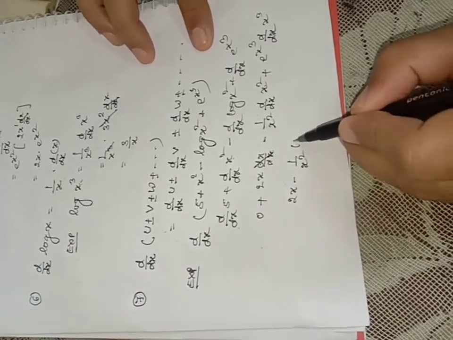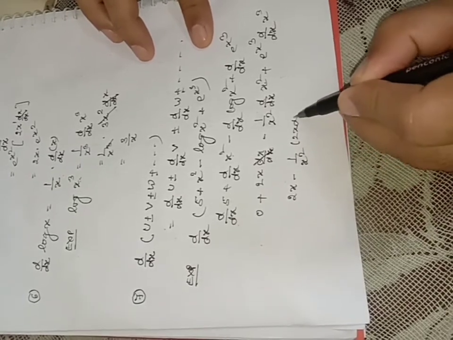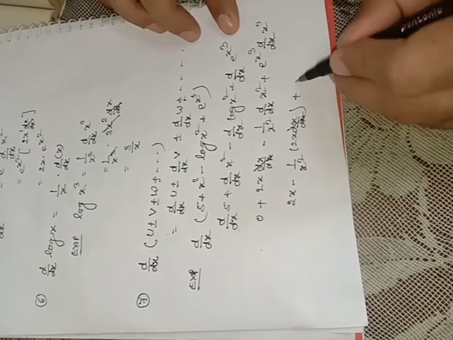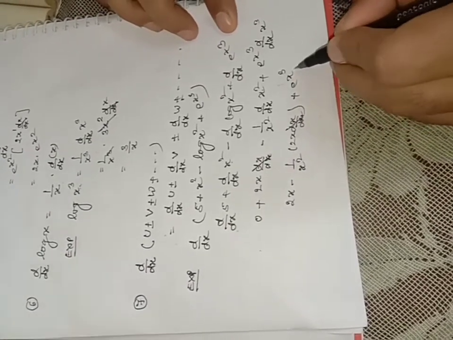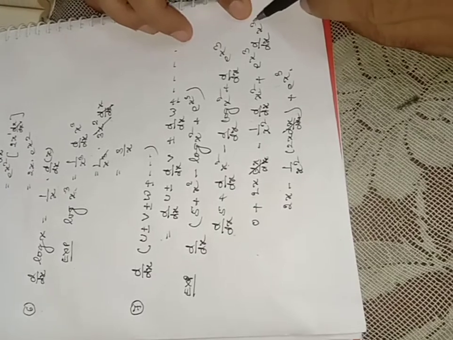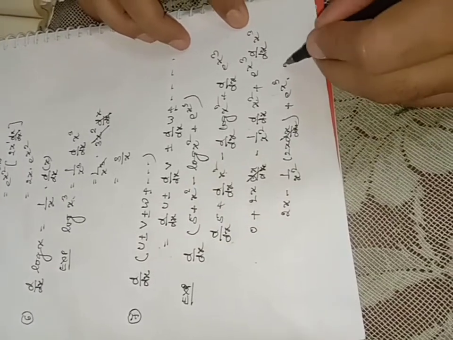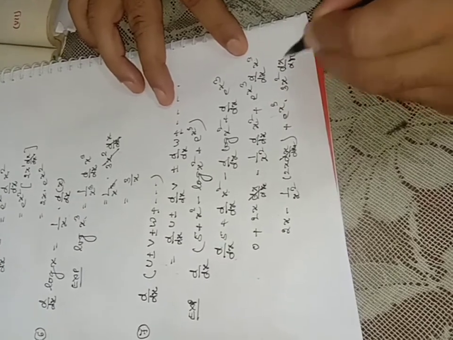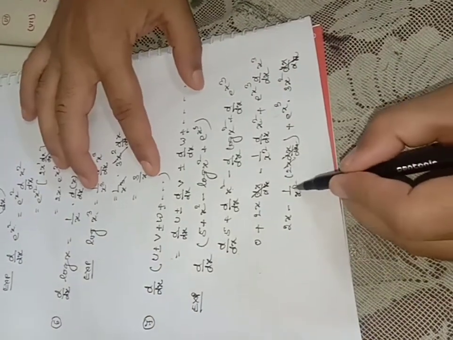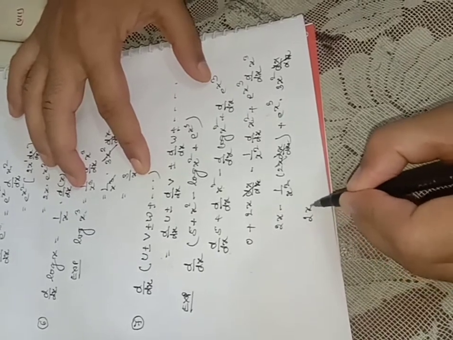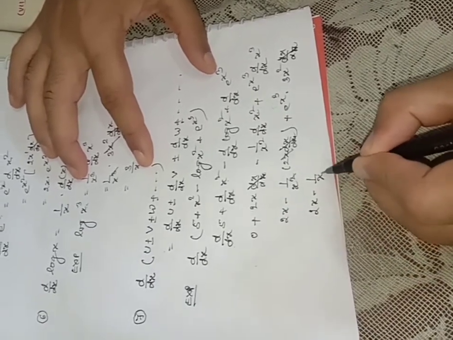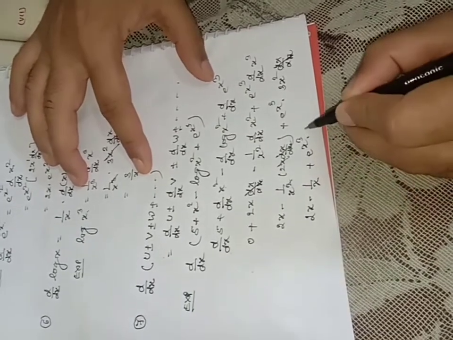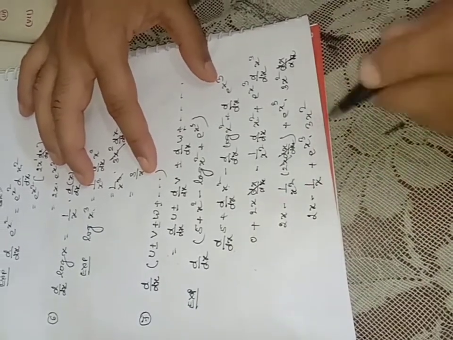use the x power n formula again here, it is 2x dx by dx, which cancels, plus e to the power x cube into differentiation of x to the power 3. Use again x power n, so it becomes 3x square dx by dx, which gets cancelled, 1 x cancels with this x, so our answer is 2x minus 1 upon x plus e to the power x cube into 3x square. So that is the answer.